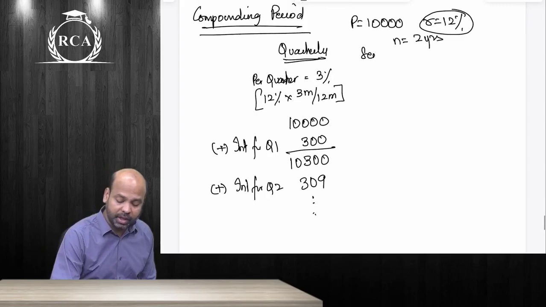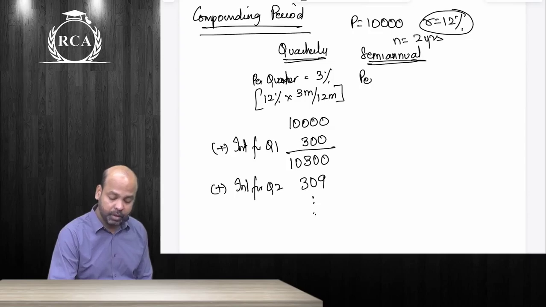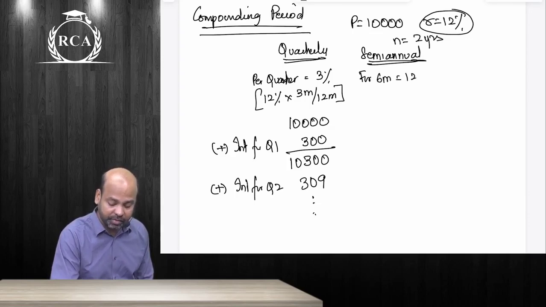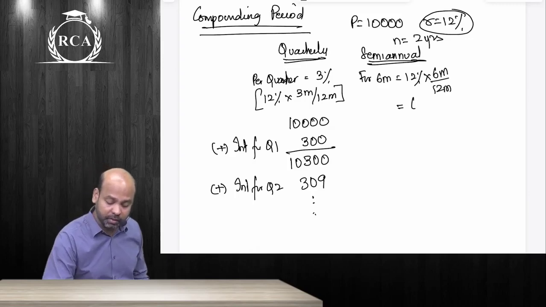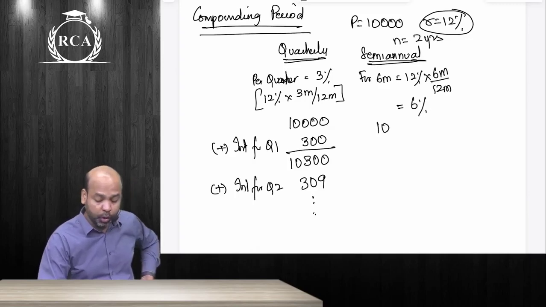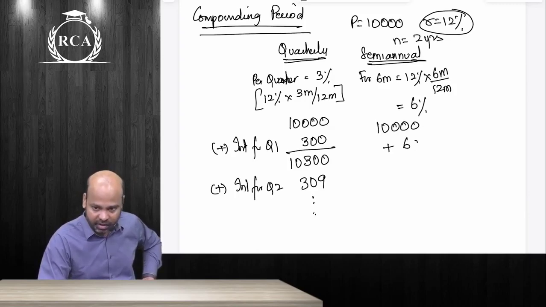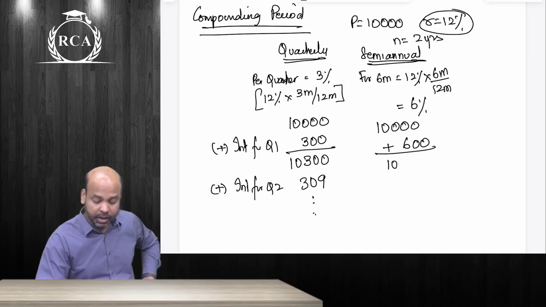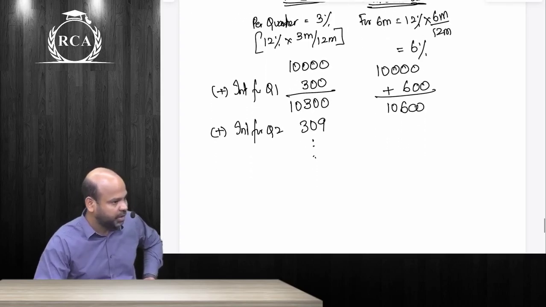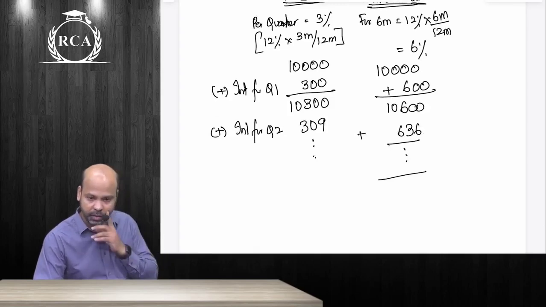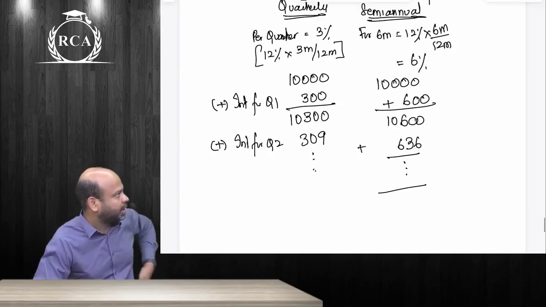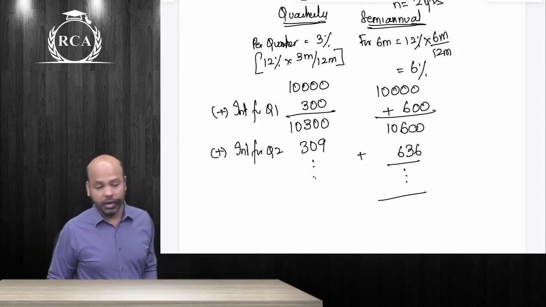If the same thing is being done on a semi-annual basis or a half-yearly basis, guys, what will be the interest that they're going to offer? For 6 months, guys, or per semi-annual period, the interest rate to be offered will be 6%. 12% is for the entire year. 12% into 6 months divided by 12 months. That is 6%. They're going to compute interest for every 6 months. That is 600 rupees for the first half-year period, and then they will compute interest, beta, for the subsequent period. What will be the amount, guys? 636. Story continues. If interest is being compounded, beta, annually, they will directly add interest at the rate of 12%,